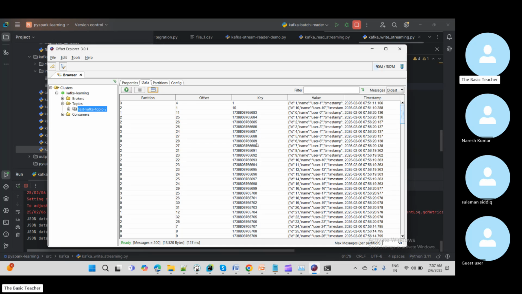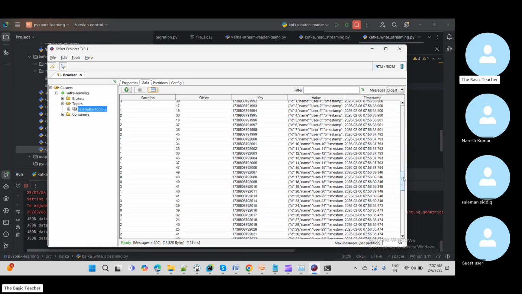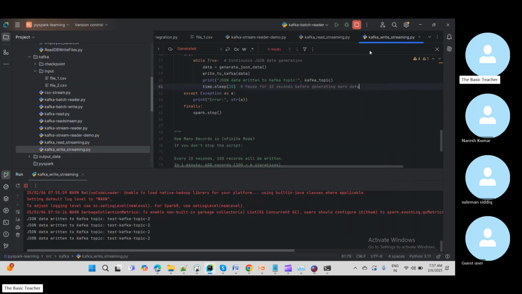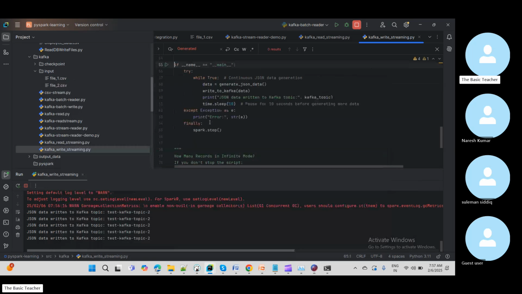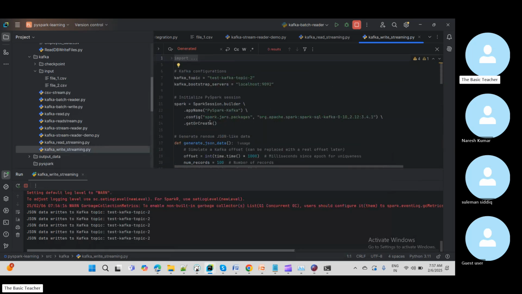I just try to make it an incremental number, and here is my value. So this is my value. Like that I have the data, and then you can read from the Kafka topic and write to a Kafka topic, both. In this example, I am trying to write to the Kafka topic. Means my source is something else. Something else means what? Here I do not have any source. I'm just generating the data dynamically, and I'm pushing the data. But you can have some source and some